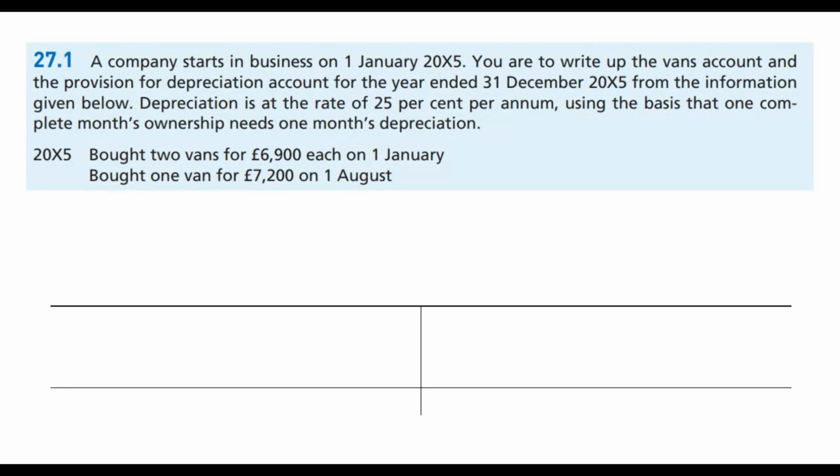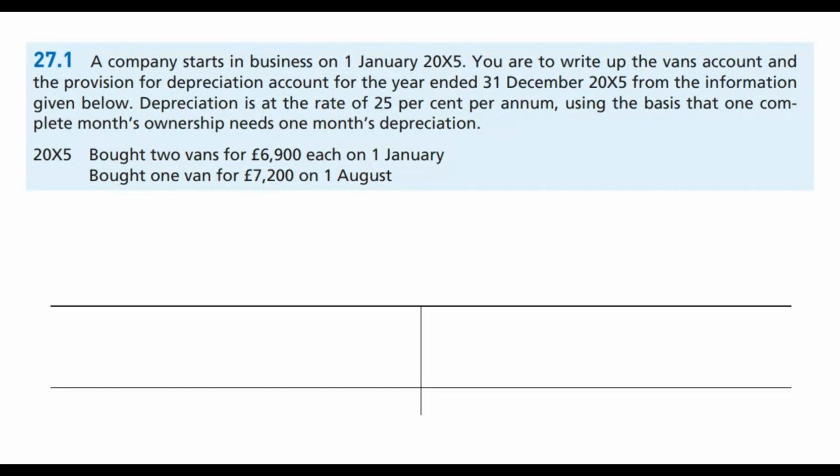Today we are going to start a new chapter, number 27, and the first question we have is 27.1, which is related to depreciation. I'm making this video after a very long time because I was busy in my exams, so sorry for that. I hope you remember we have already covered three depreciation methods: straight line method, unit of activity method, and declining method, whose other name is reducing balance. So first let's read the question and try to understand what it is trying to say.